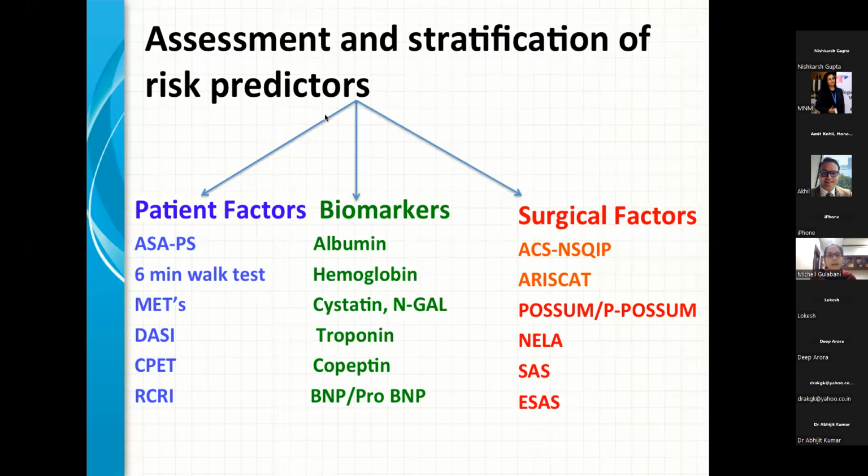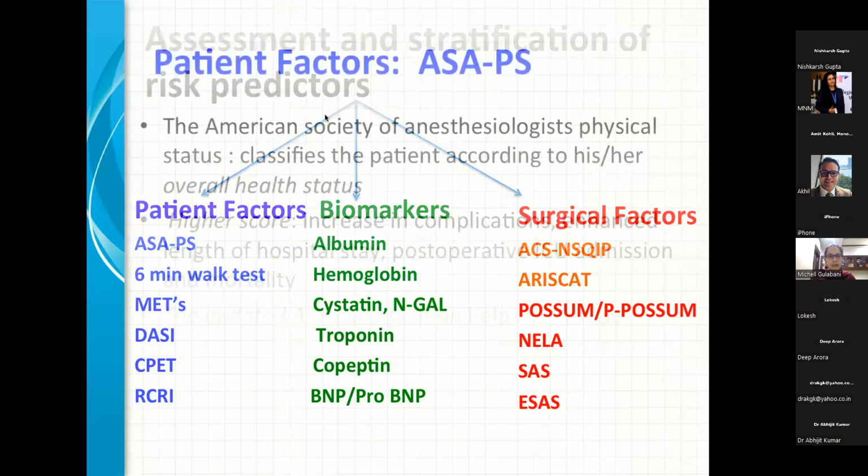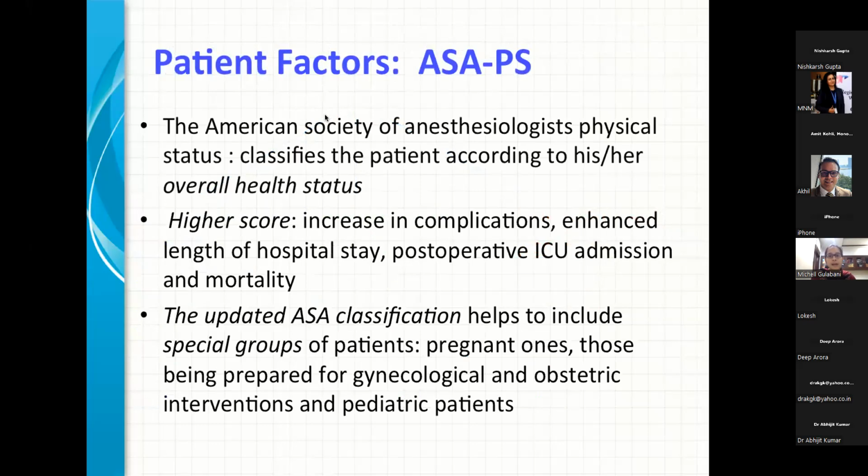Sorry for the delay. The assessment of the various risk factors can be classified into patient factors, surgical factors, and biomarkers. We'll discuss each one of them in detail. Now, the most commonly used patient factor is the American Society of Anesthesiologists Physical Status Classification, which status. So the updated classification helps to include special groups of patients,